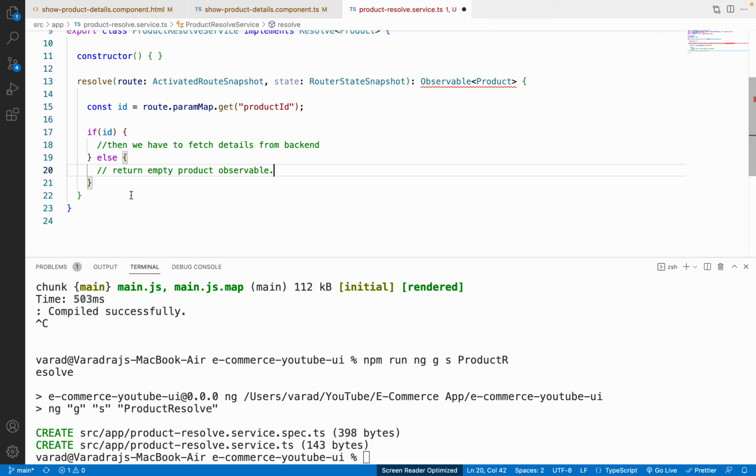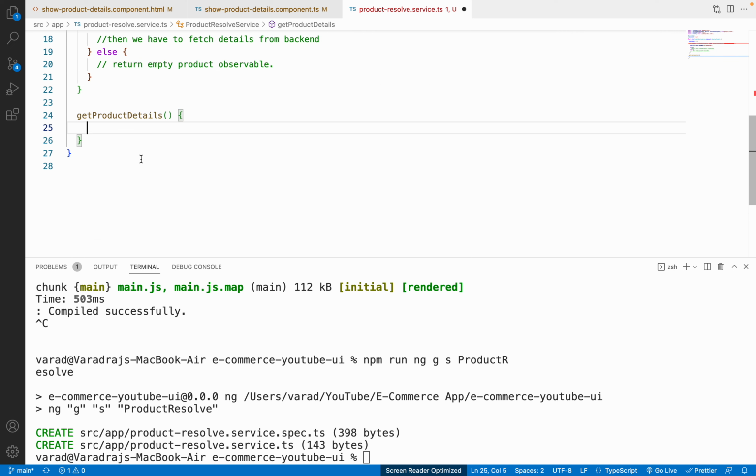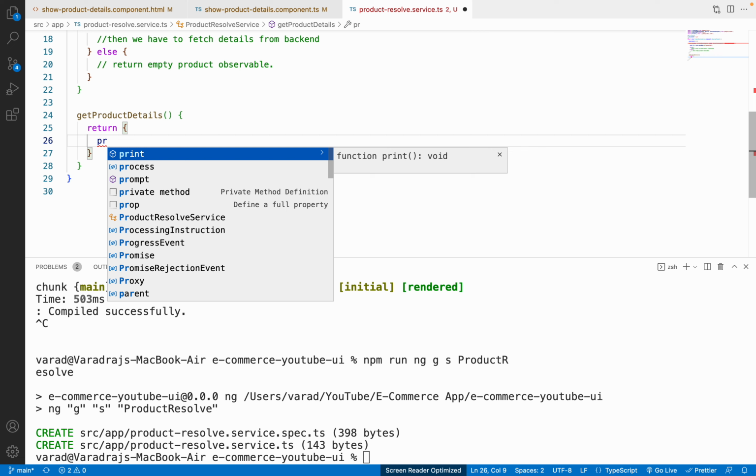And now first of all, let's focus on this else part, like how we can return the empty product observable. So again, that is really very easy. Let me just first of all create one method. Let's suppose getProductDetails, like this, and it is going to return one empty product. So the empty product basically means that all the values such as product name